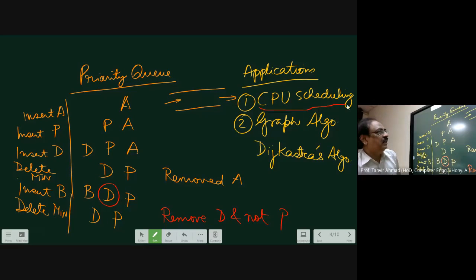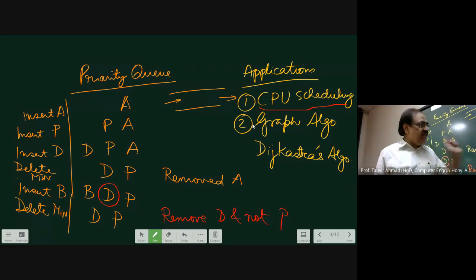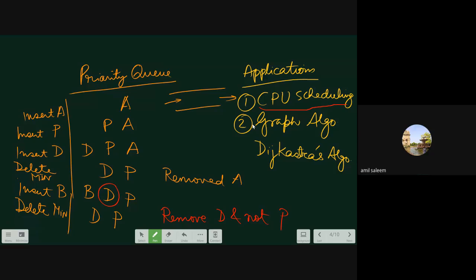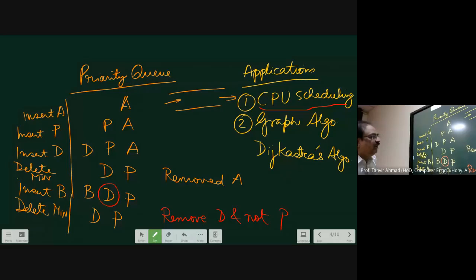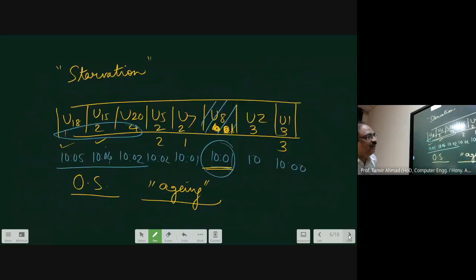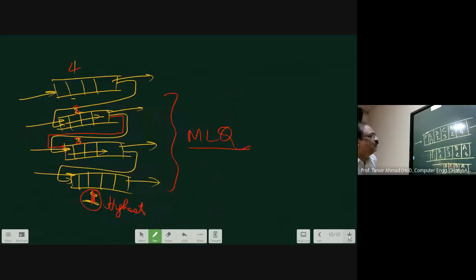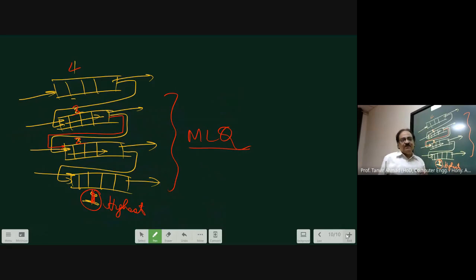सीपीयू शेड्यूलिंग बेसिकली ओएस का पार्ट है। बट ओएस इंप्लीमेंट करता है this data structure over there, it implements a priority queue. ओके सर। सर प्रायोरिटी क्यू और मल्टी लेवल क्यू? मल्टी लेवल क्यू में भी होगा, बट जब रिमूवल होगा तो प्रायोरिटी क्यू होगी। दैट मींस जो एलिमेंट यहाँ से यहाँ मूव करेंगे वो प्रायोरिटी के बेस पे मूव करेंगे। ये प्रायोरिटी नंबर 1 है, ये प्रायोरिटी 4 है, ये प्रायोरिटी 3 है, एंड सो ऑन। ये हाईएस्ट प्रायोरिटी है 1।